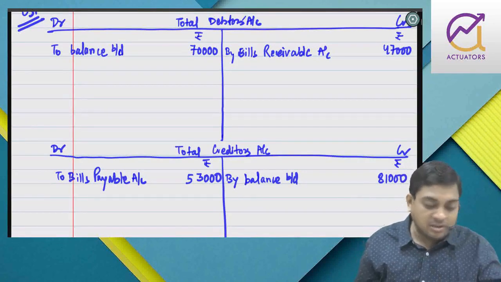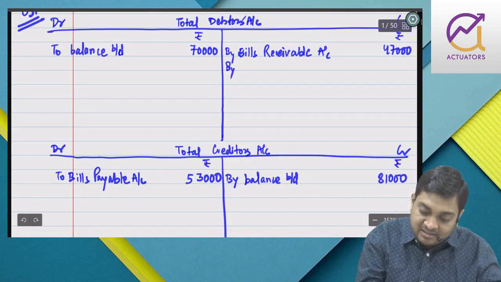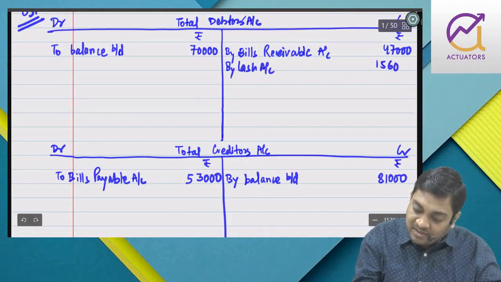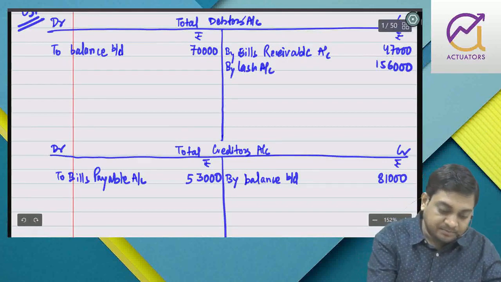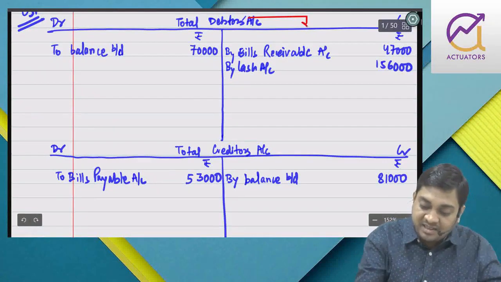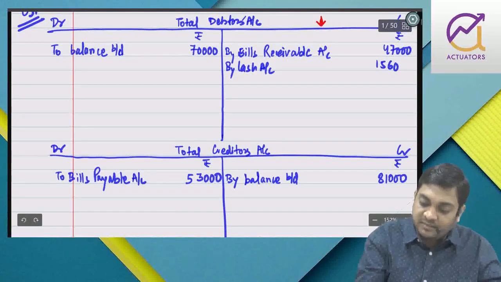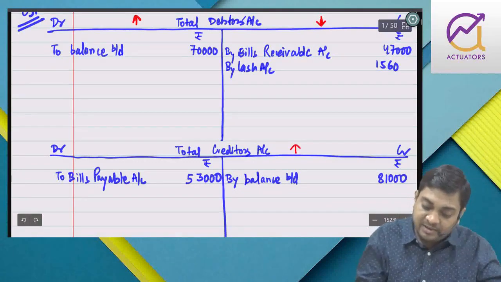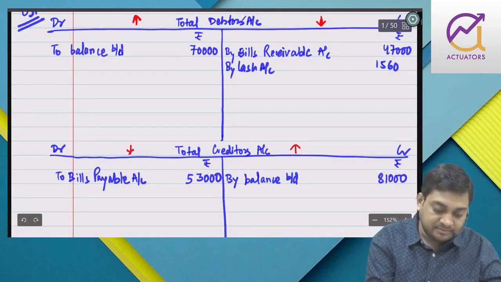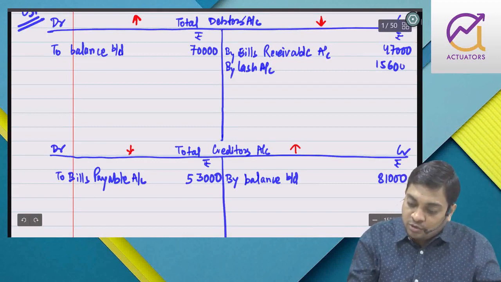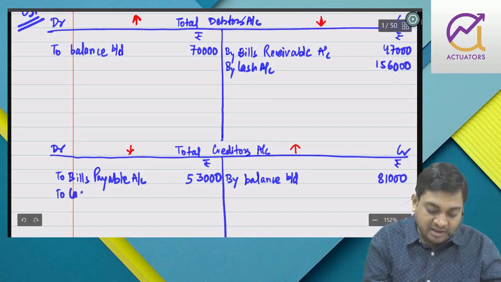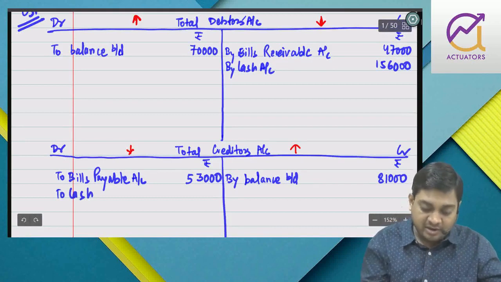Cash received from customer, again my debtor will decrease. So by cash 1,56,000. Simple. You know how to prepare. If there is a decrease in debtor, it will be credited. If there is an increase, it will be debited. Similarly, creditor increase will be credited, decrease will be debited. So it is 1,56,000. And cash paid to creditor, again it is creditor to cash. So creditors account debit